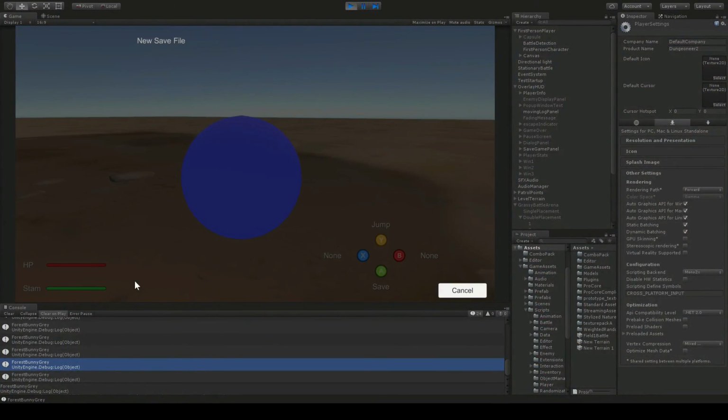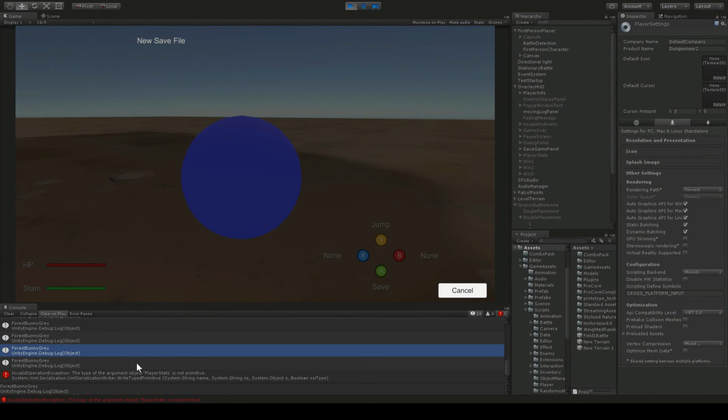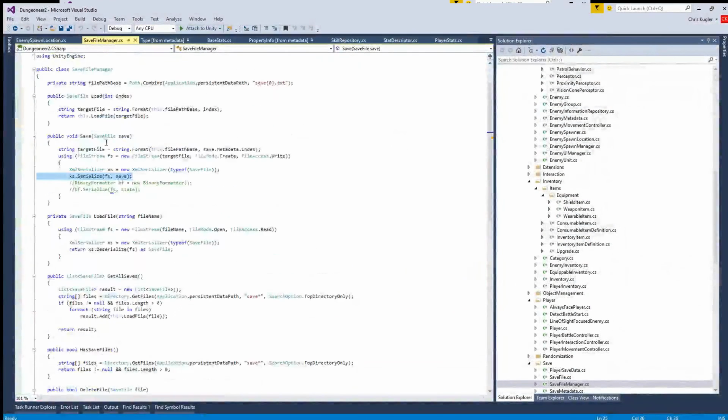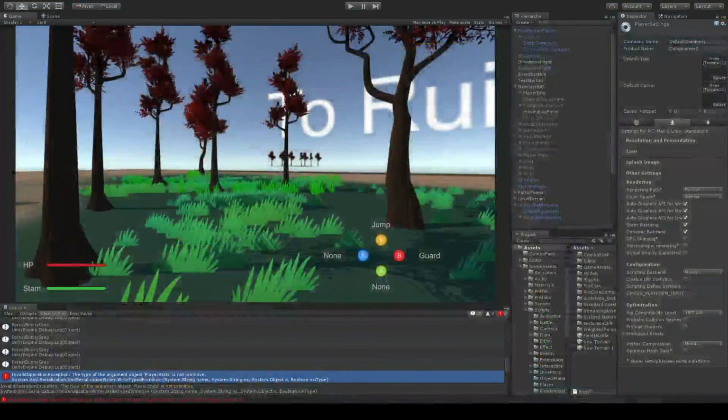So we'll come in here, no errors, new save file, and we got an error. Argument object player stats is not a primitive, XML serialization, and so on. All right, so player stats is not primitive. Well, yeah, because